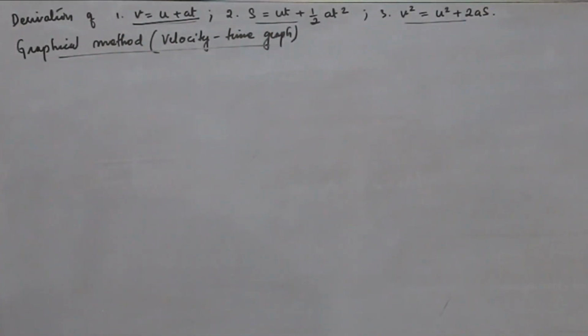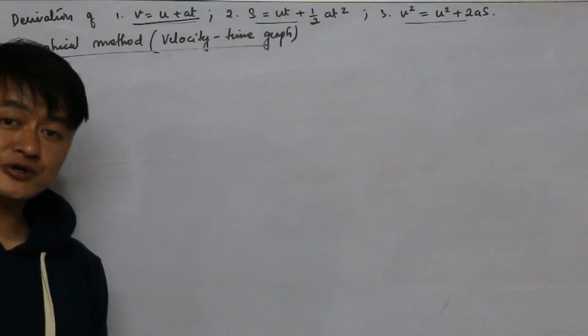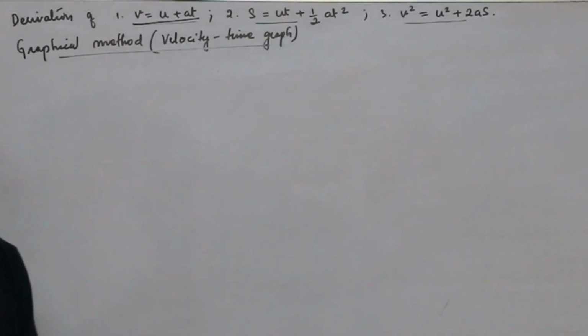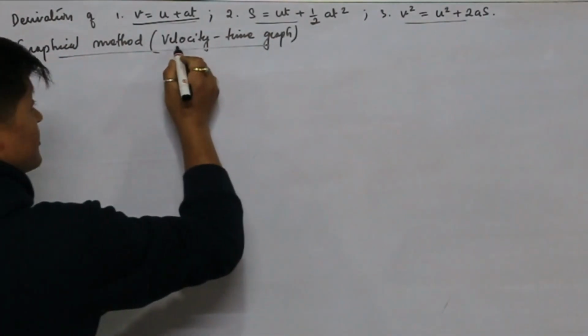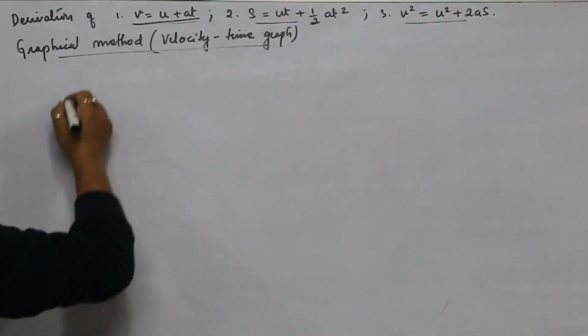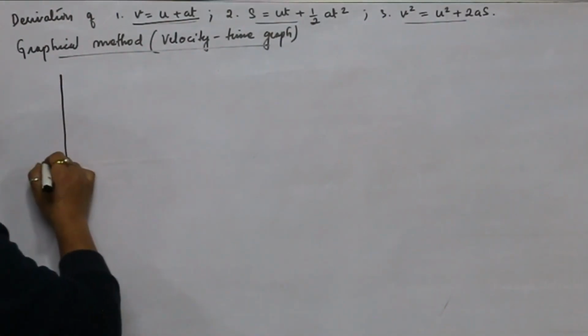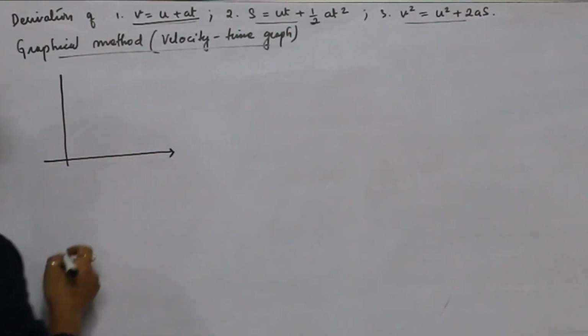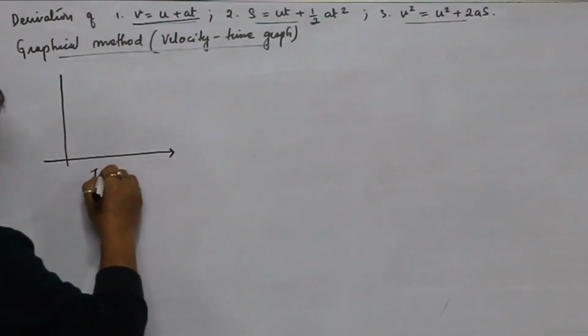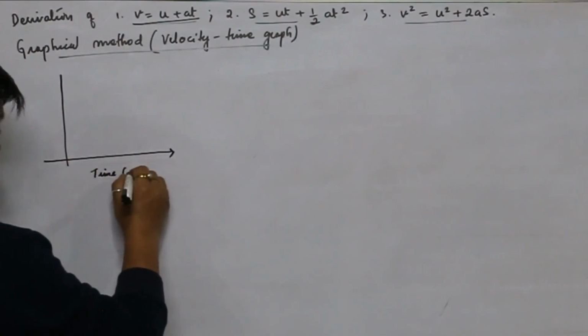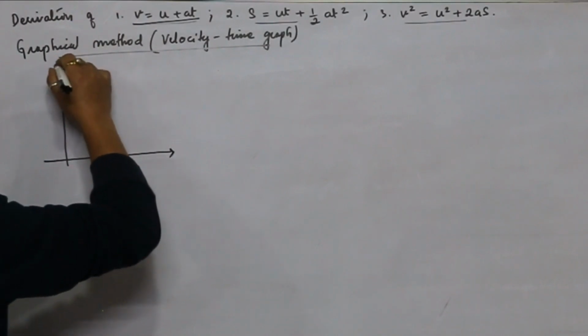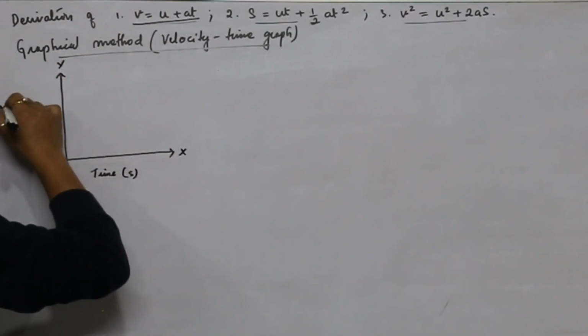So we have two methods to derive these equations. One is the graphical method, another is the alternative method, which you can see in the book, or we can also call it the analytical method. First we do the graphical method. For the graphical method, we require a velocity-time graph. So first we'll make the axes. In the velocity-time graph, the x-axis is time in seconds, and the y-axis is velocity